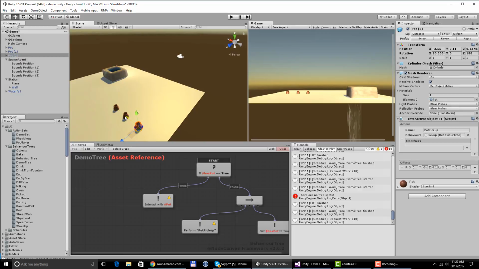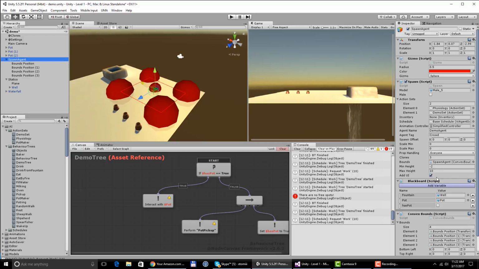But now I would have to go, but there is a problem now, right? As here in the spawn pod, I was assigning which pod the agent needs to interact with. Well, this is no longer applicable, right? Because there is only one pod that can be assigned to all spawns. So basically all spawns are trying to interact with a single pod. So let's remove that variable and let's use a different functionality of